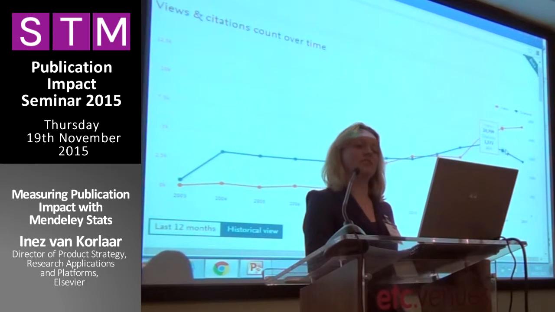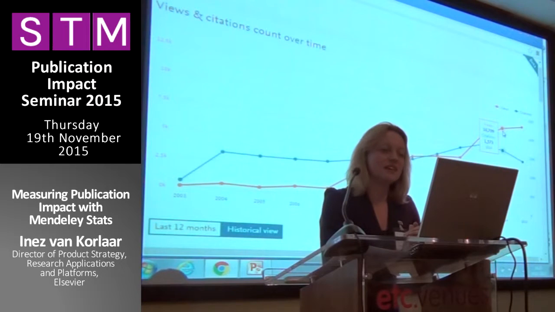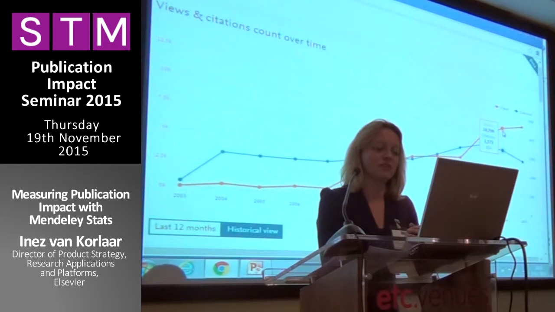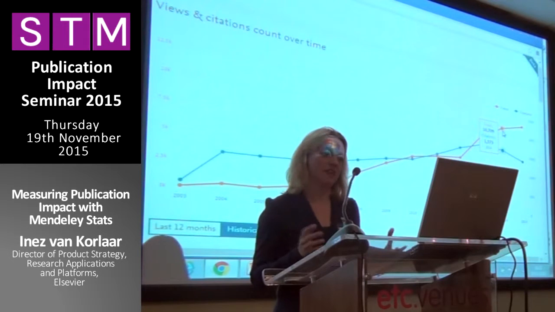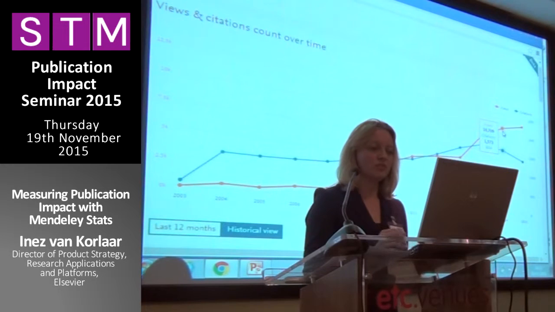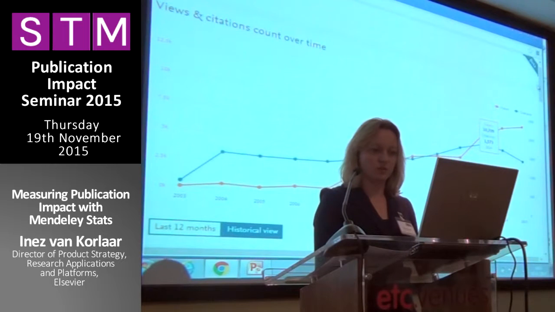all his articles in the blue line to the articles that were published at Elsevier. And the way we see this is that at the moment we indeed only have information on the views of stuff that was published on the Science Direct platform, but we don't necessarily want it to be that way. So what we're doing right now is we're talking to a lot of other publishers to see if they would have any interest in joining this and in sending their usage information to Mendeley, so we could populate Mendeley stats with more data for more publishers and make this a better tool for researchers. And at the same time, of course, it gives the researchers of those journals a lot of extra value and a lot of extra exposure.